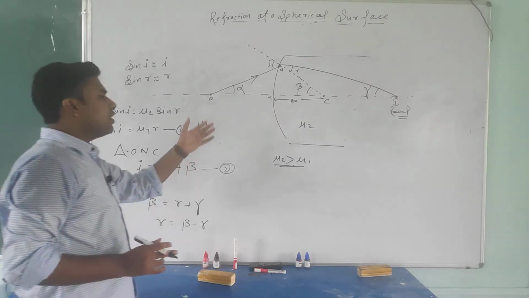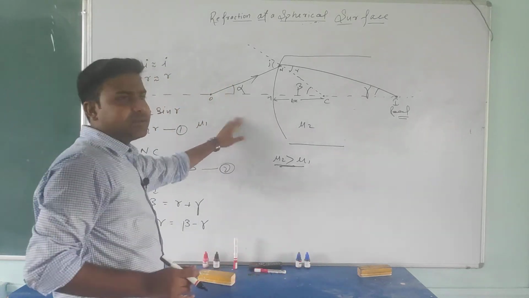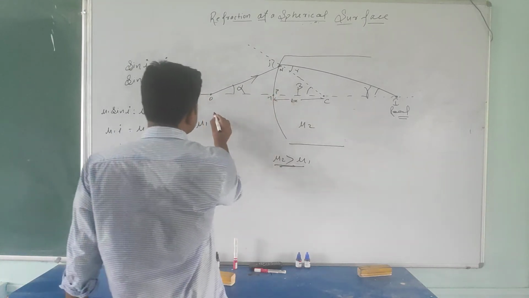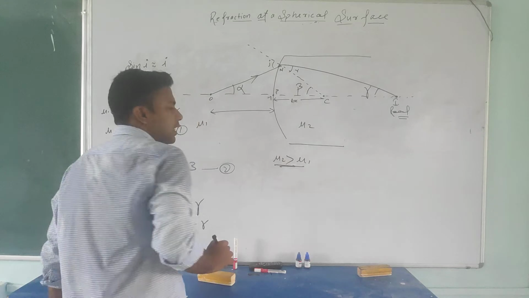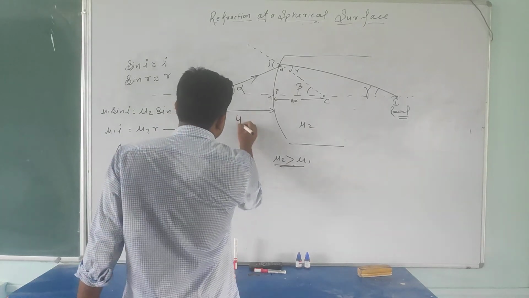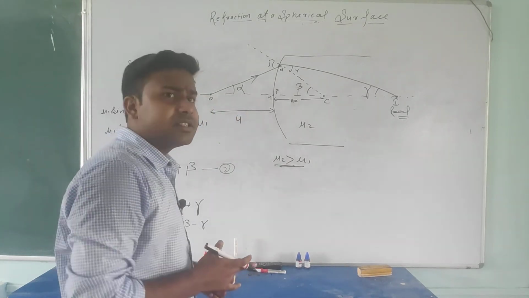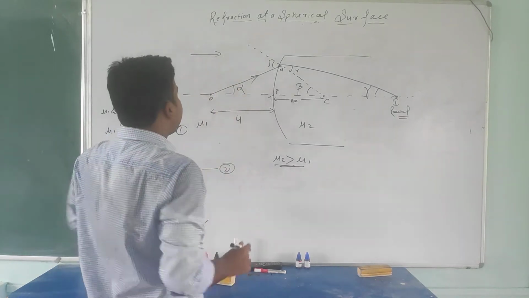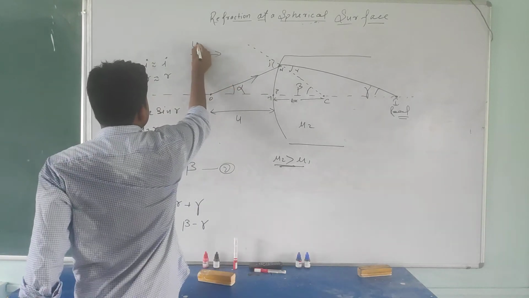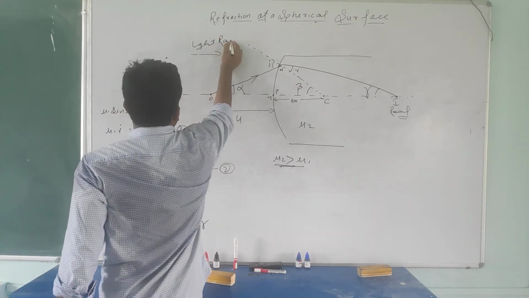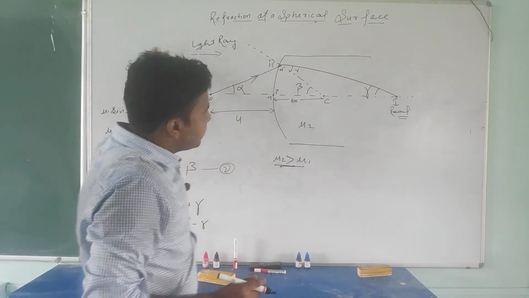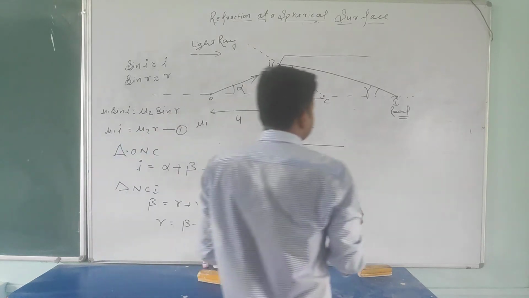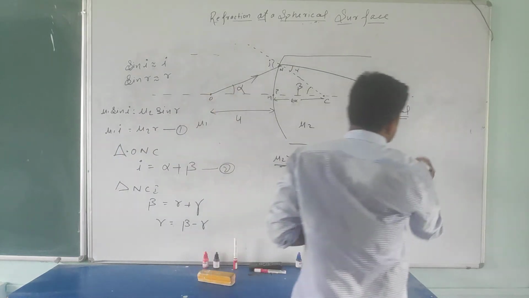Okay, and student, we all know the notation because we already discussed reflection. The distance between this point, I already told you, is the pole. So the distance between object and pole we denote with u. And here also we'll apply the Cartesian sign convention. If light is incident from this side, the direction of the light ray, then what will you follow? The standard coordinate system.